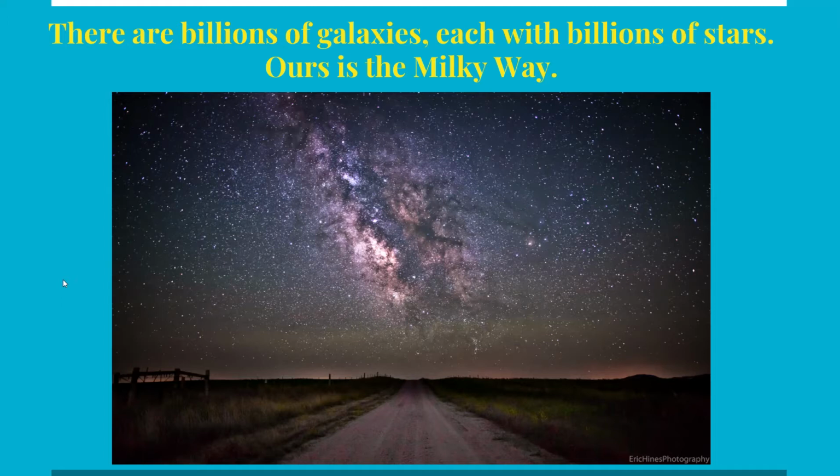If you've ever been out in the desert or out where there's not a lot of light pollution, you may have seen this band. That's the Milky Way. You're staring into our galaxy. Now, galaxies, over time, start to spin and kind of pancake out into a disk. And so when we're looking out, we're looking along that disk. So this is the Milky Way galaxy. There are other galaxies out there, which, you probably know that there are galaxies, but all these little bright spots that look like clusters of stars, those are galaxies.